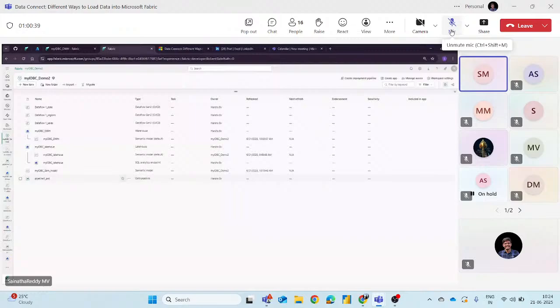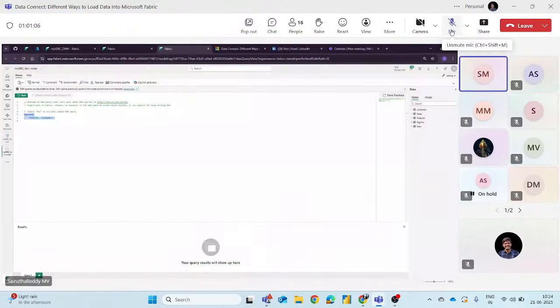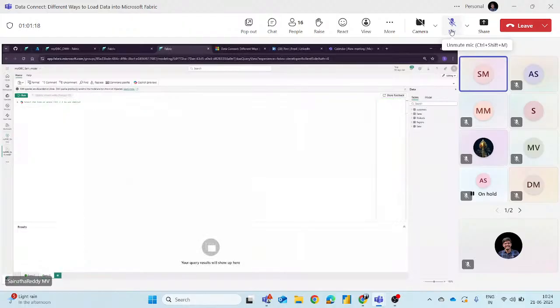Now we have created a new semantic model, right? From here, if you see, previously writing DAX queries was grayed out and create report was also grayed out, right? Now I want to create some more DAX measures. So this will open a query view. This is the view where you can create DAX measures. I just want to find our top customers. It will show you top customers from this. But I want to build DAX measures. I don't have much time left, so we'll go with DAX measures here.